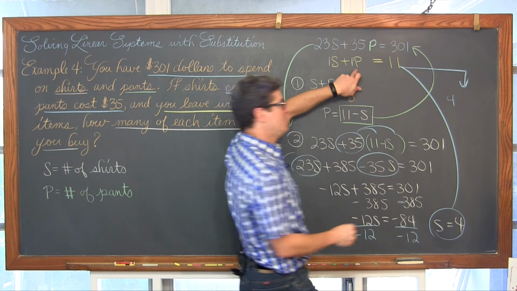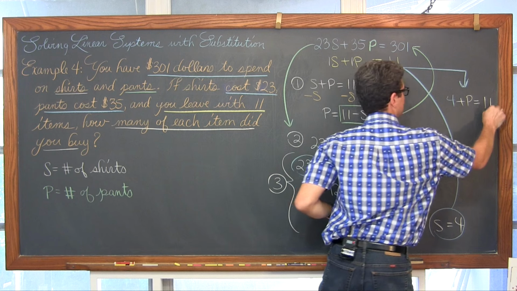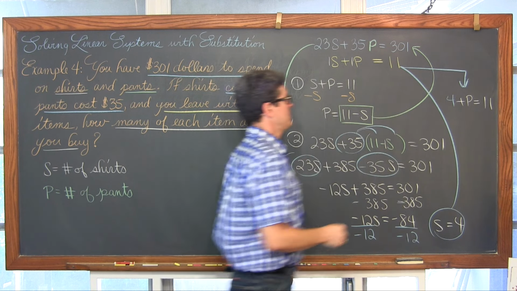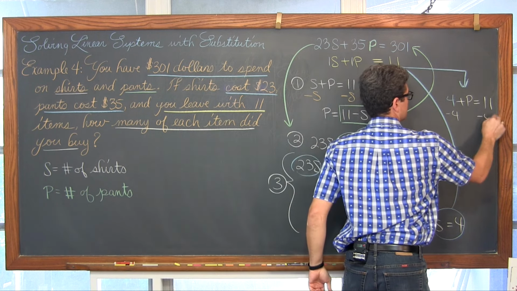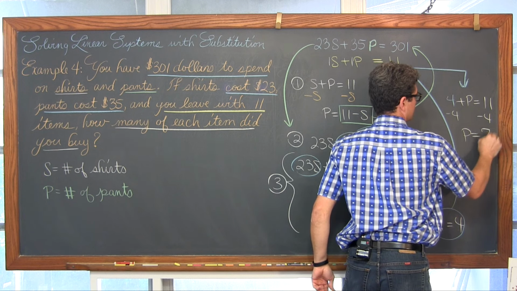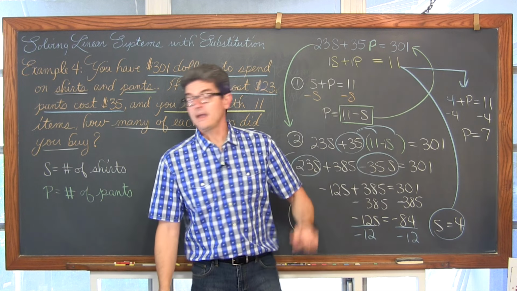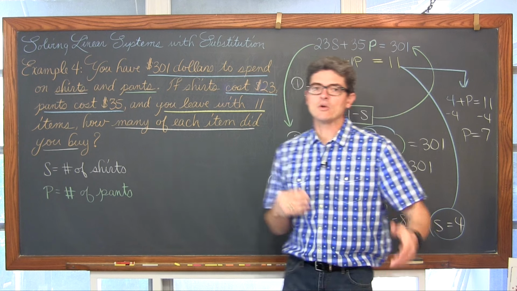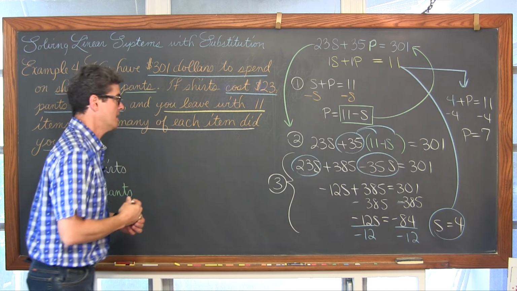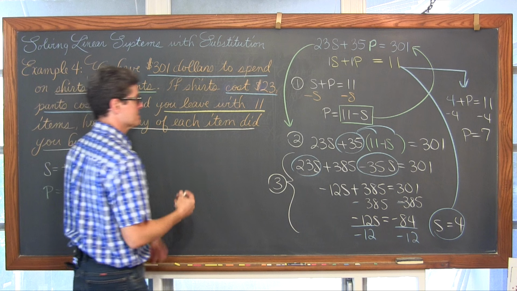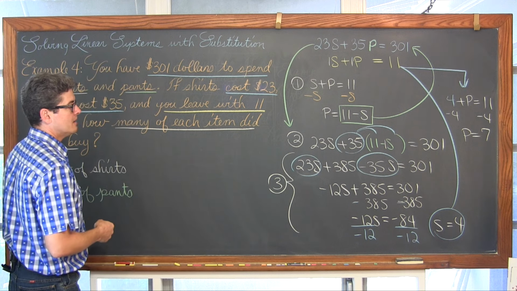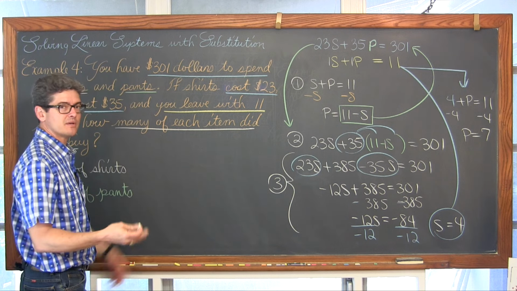Now, plus p is equal to 11. Solving this for p, subtracting 4 from both sides, we get p is equal to 7. And once again, this is a word problem. I'm going to go ahead and skip checking your answer this time. It's really the third time over these lessons I've actually solved this, I think. But we do need to summarize, so I know that those are the answers.